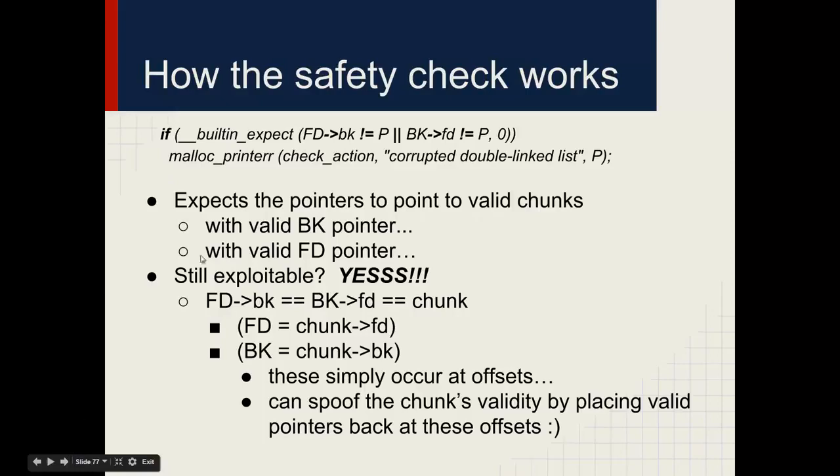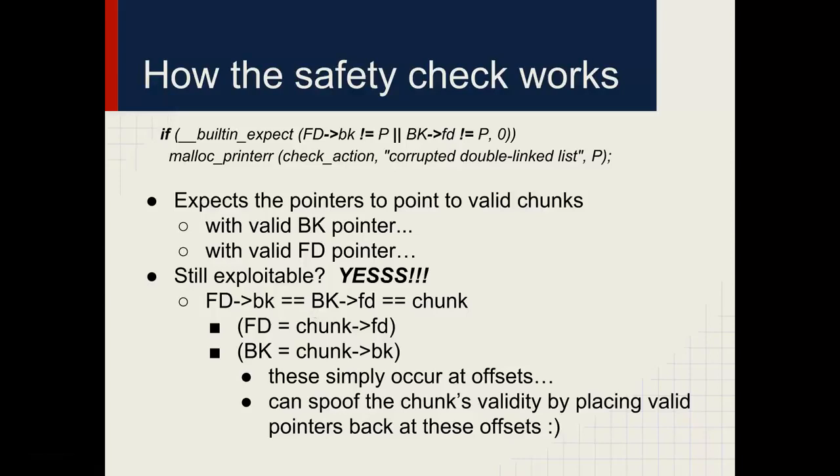So, it expects the pointers here to point to valid chunks. At least they should both be pointing to the given P. This is, however, still exploitable if you manage to have things align just right on the stack. If, in a buffer overflow, you can corrupt the metadata of the next chunk and then trigger that chunk to be freed, you point the forward and the back pointers to somewhere such that regardless of whether